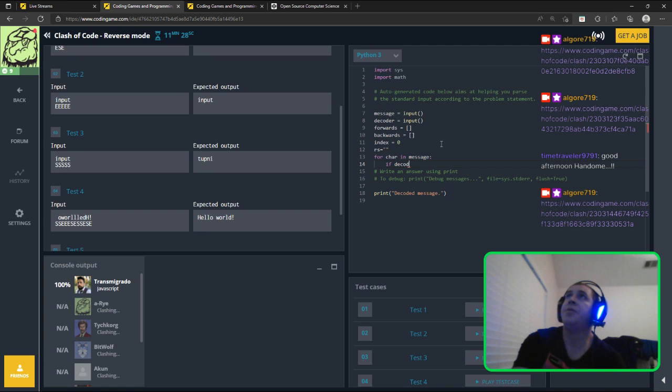So if decoder at index is equal to E, return string plus equals message at index, else rs plus equals message